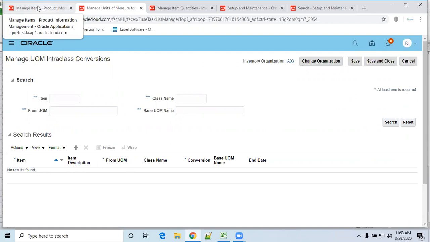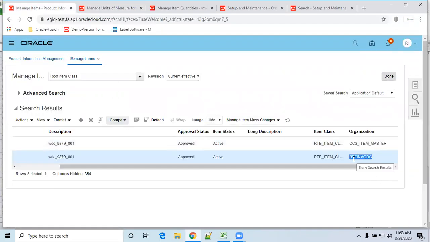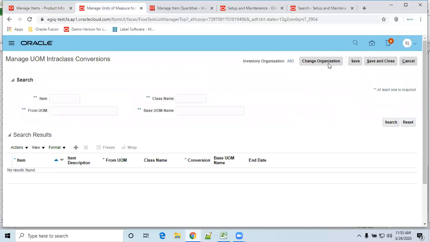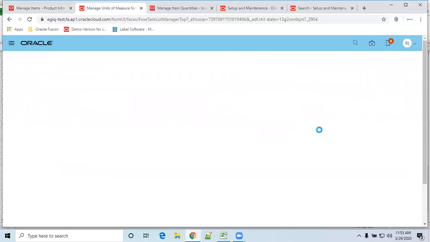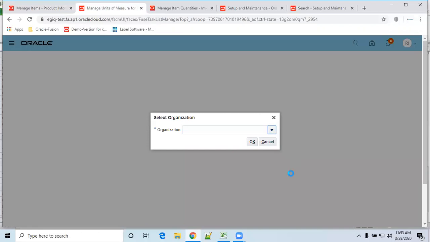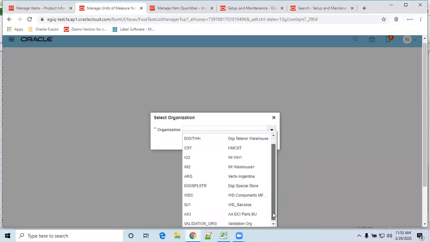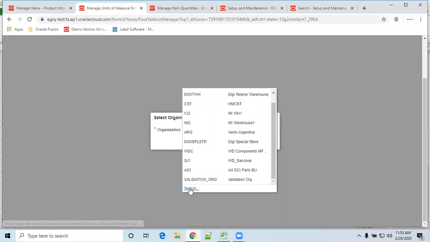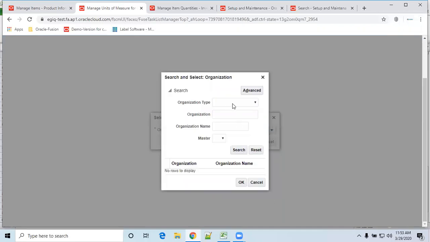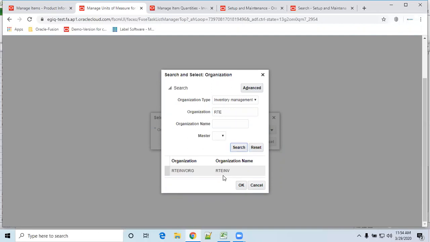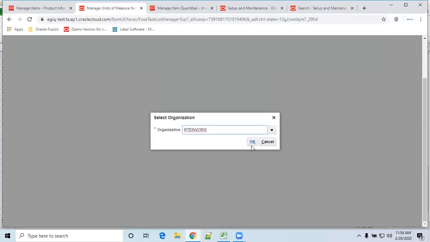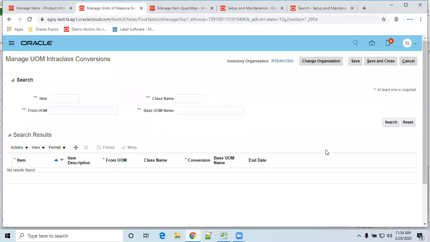So RT inventory org, organization type inventory. Click on OK here.